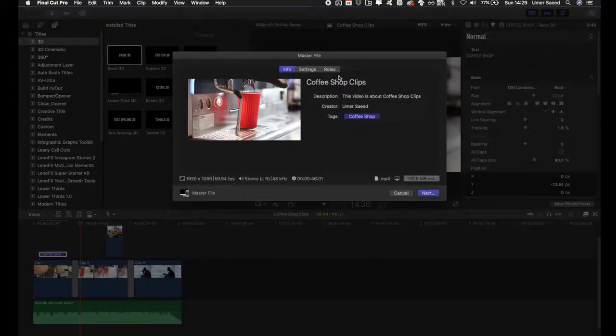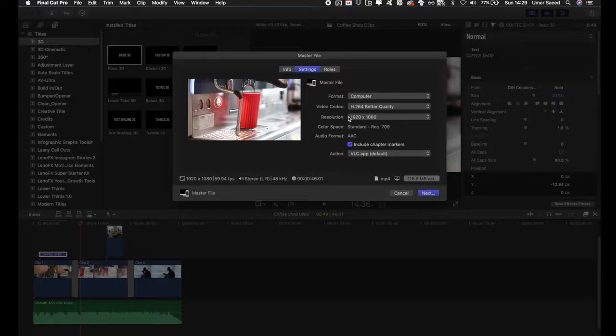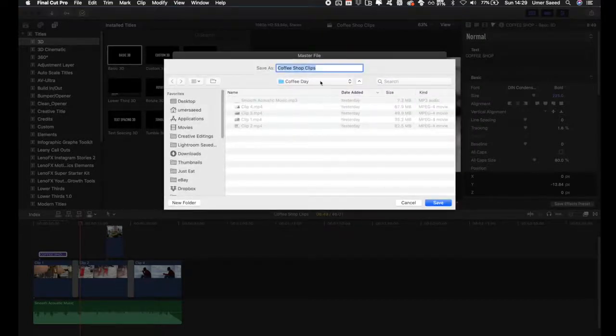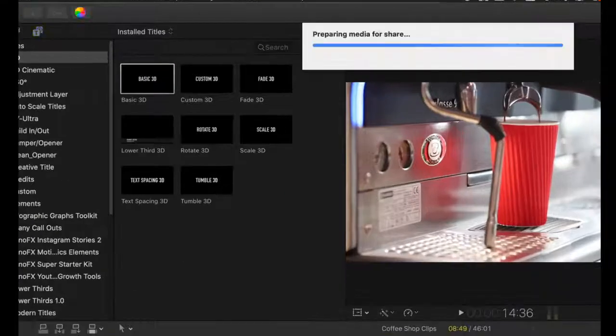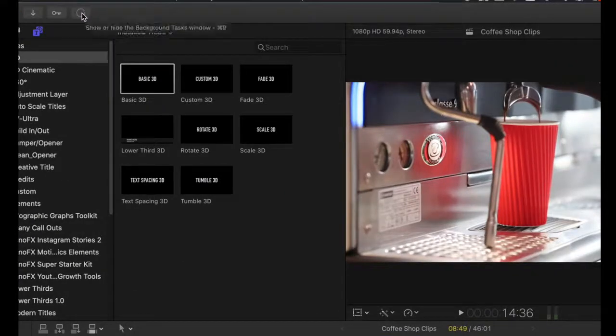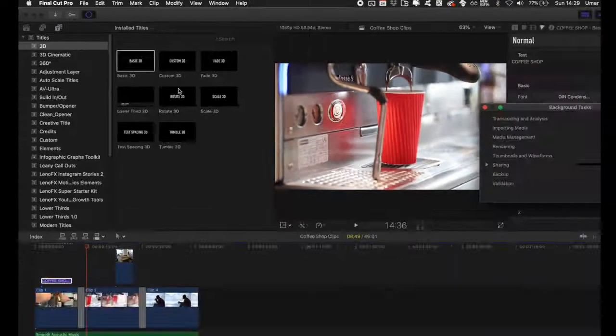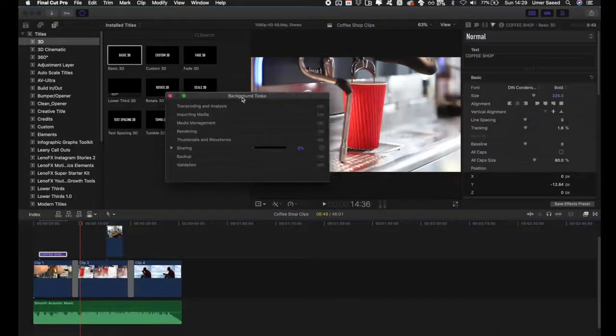So hit this. Now everything's pretty much ready to go, but what I like to do for one final check is going to settings to make sure I've got the correct resolution, the correct codec, and you can choose between it encoding faster or looking a little bit better. So I choose to have the better quality one. Relatively it's still quite fast. Hit next, choose where you want to save it, click save, and to see the progress on the top left here, you'll see the progress bar here. You could select that, opens up a little window like so, and you can see it will start sharing. Once this is complete, it will open up the video file, and then you guys can have a look at